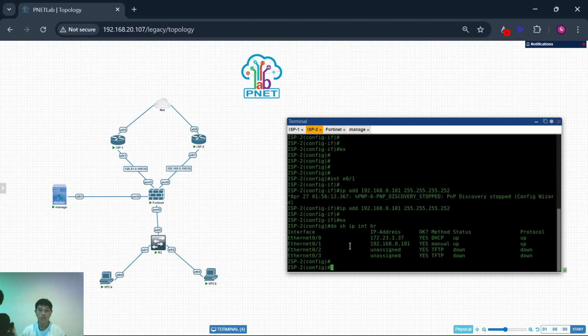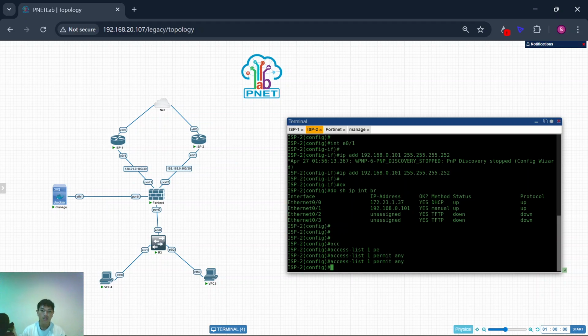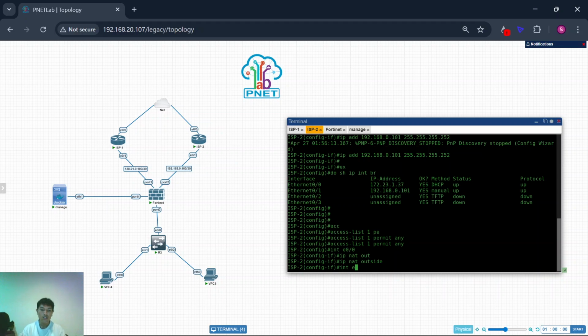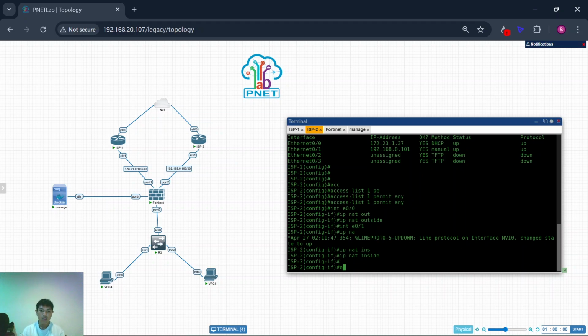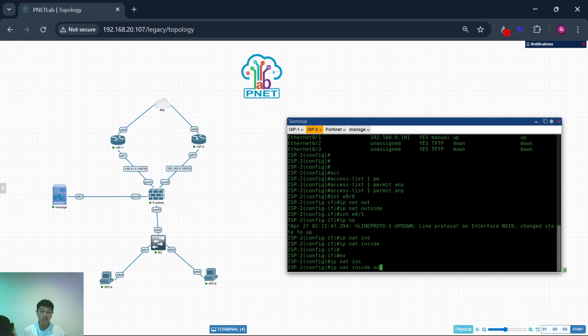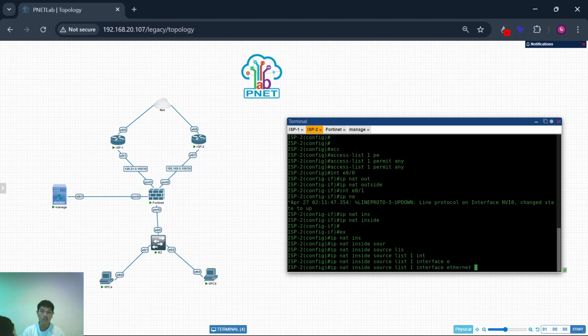And for ISP2, access list 1, permit any, interface Ethernet 0/0 ip nat outside, interface Ethernet 0/1 ip nat inside, exit. ip nat inside source list 1 interface Ethernet 0/0 overload.